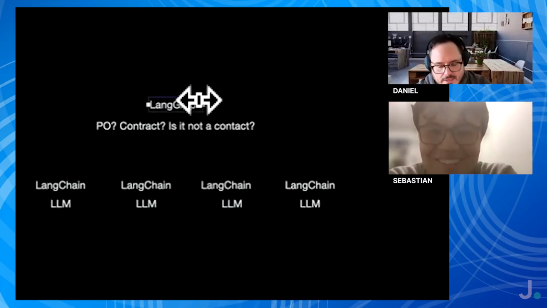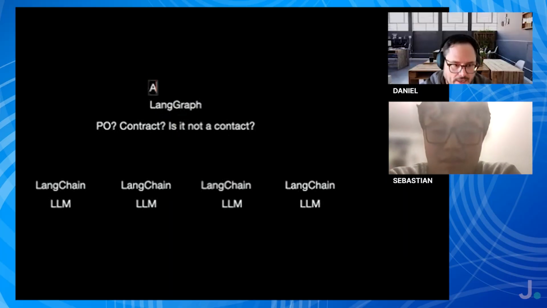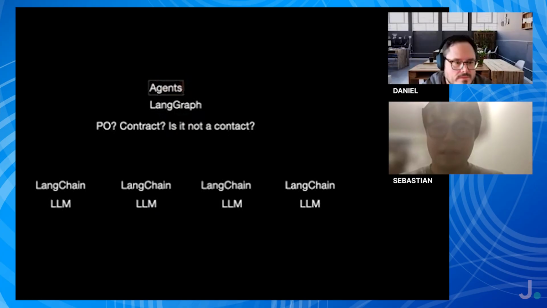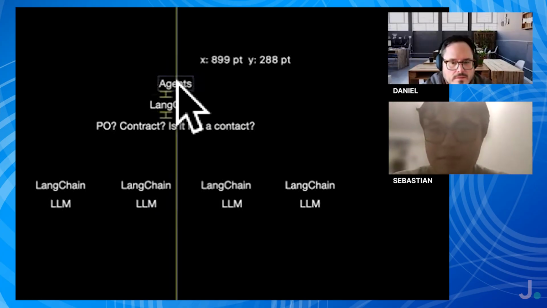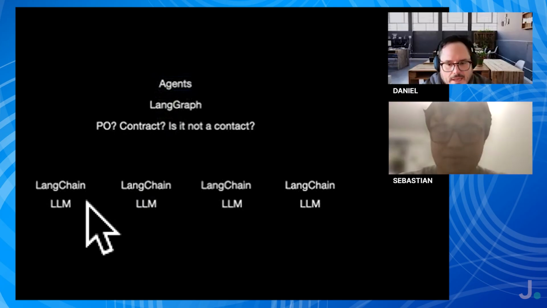Is LangGraph considered the agent? So this is an agent, right? Yeah, all of this flow, the LangGraph and LangChain and LLMs, all of this together, that's the agent. Exactly, an agent. I see. And then these could be like